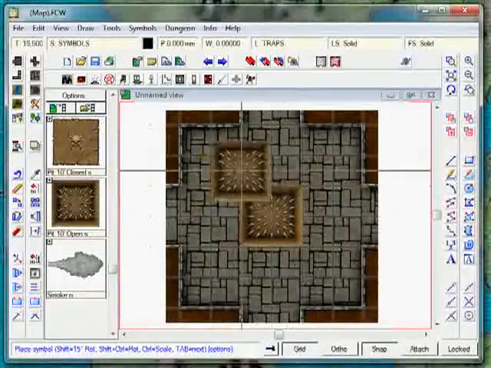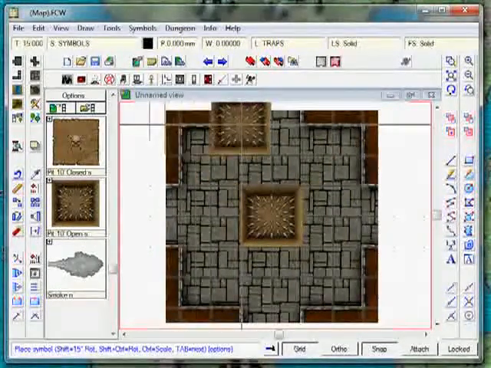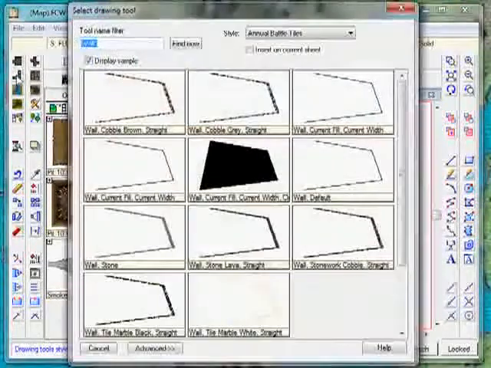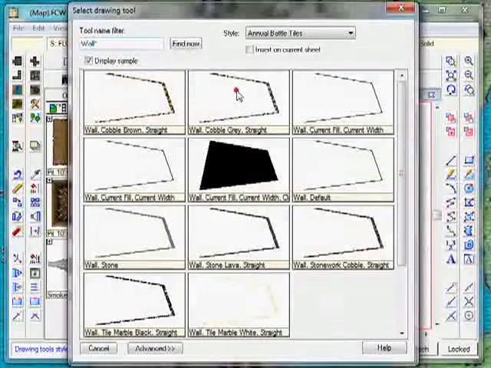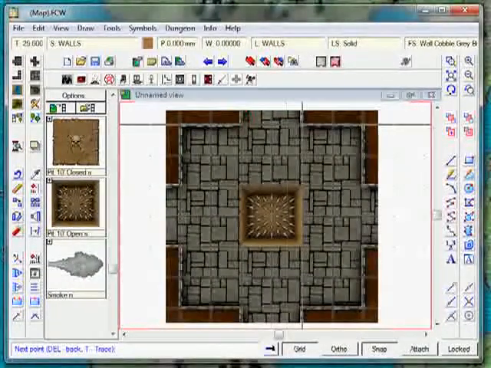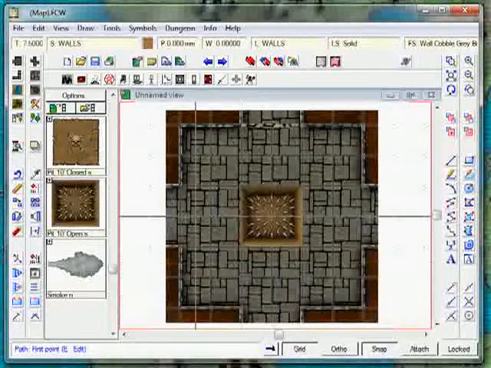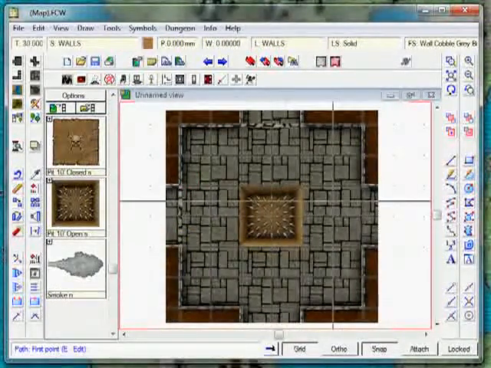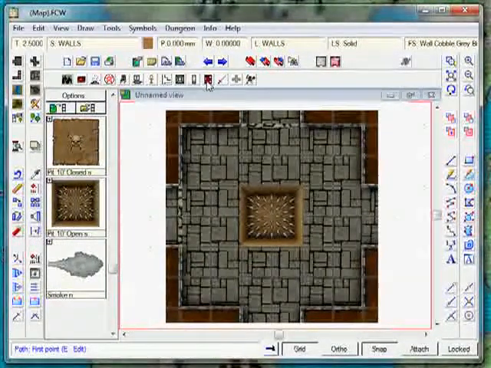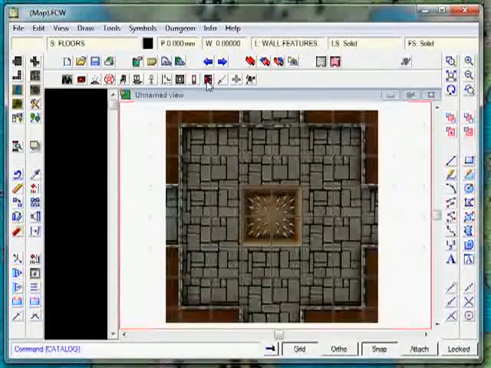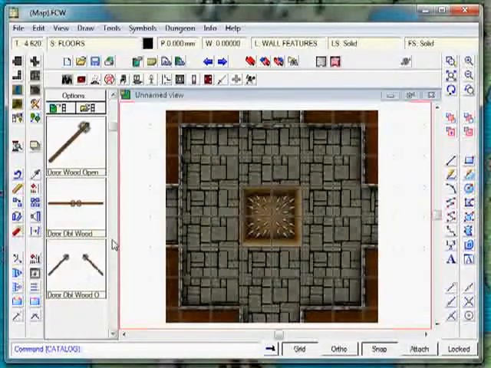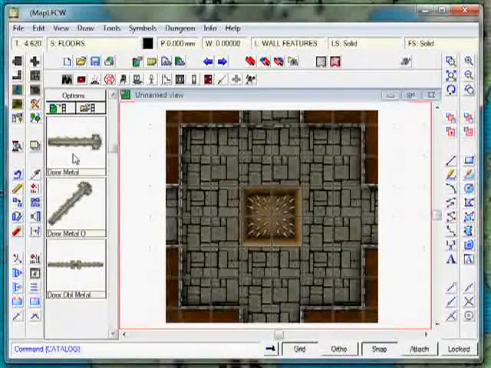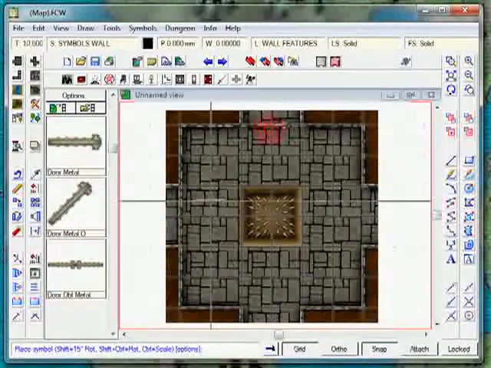Right, let's go and just finish up this room very quickly. I'm going to add some additional walls, so we're going to click on the wall function and select the cobblestone walls. I'm going to put a wall across here and a wall across here, but I'm going to leave these 2 open as open hallways. I'm then going to select doorways, and I'll just do a simple closed door. I want a nice metal door. There's one. I'm going to whack a door here,